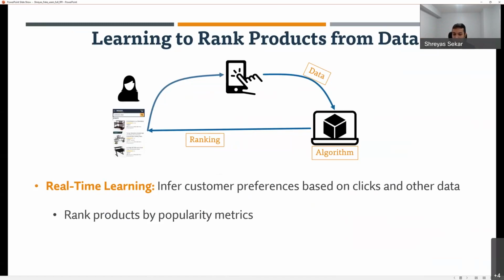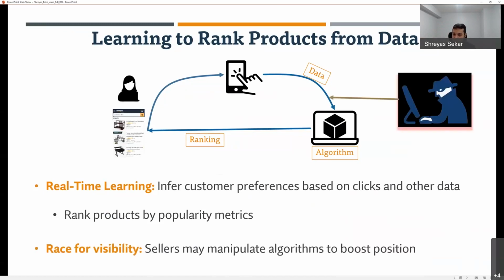But if you, like me, think a lot about how to break things in the real world, you're going to immediately notice a vulnerability in the system. Because if you're a seller, remember, I care a lot about my product being popular and being ranked at the top. So there's a lot of opportunity for me to manipulate this data to boost the position of my product. Okay, because the data determines what products get ranked on top. By manipulating the data, I get to manipulate the algorithm. I get to manipulate what my customers see, which in turn affects their purchase decisions.